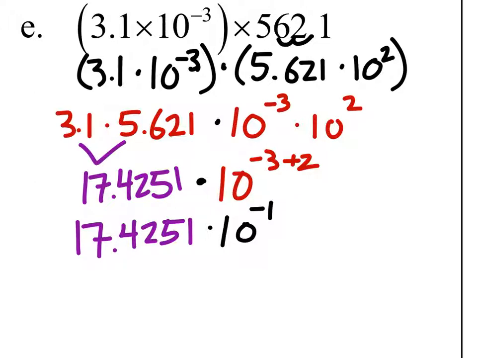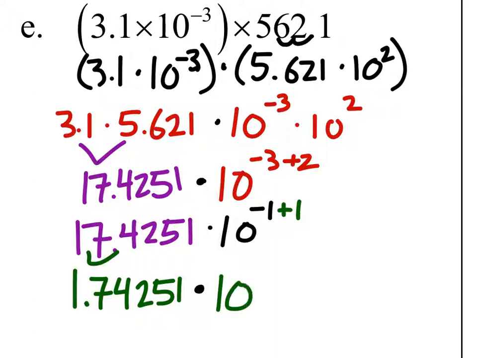Well, this one we don't have formal scientific notation just yet. See, we need the decimal to be between the 1 and the 9, right? So I should have 1.74251. And this I would multiply by, if I looked at the power of 10, since I moved the decimal and made the number smaller, I would have to make the exponent bigger. So 10 to the power of 0,